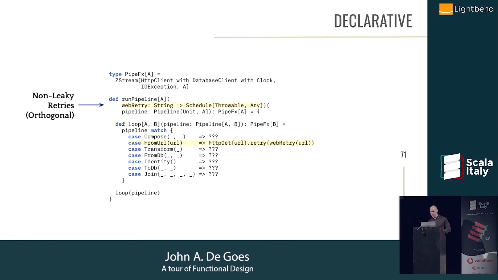Ultimately, at the end of the day, you have to take this description and compile it. In this case, I compile it down to a ZIO stream, because streaming is the most natural way to implement this. But you don't need the power of streams in our business logic. We don't want them. We just want something high level, smaller, safer, and more reasonable that has stronger guarantees with laws. And then once we have the stream, we can go ahead and do whatever we want with it.